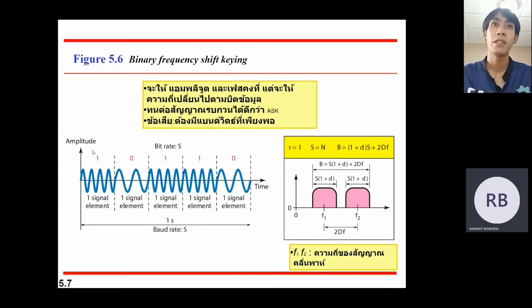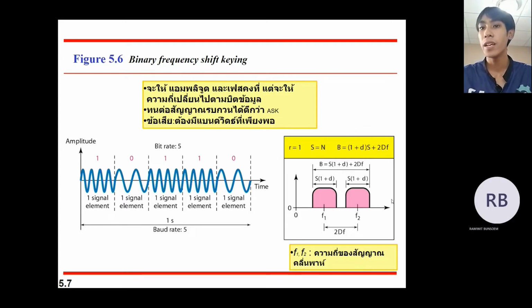Look at the picture: amplitude and phase do not change, but frequency changes. At bit 1, frequency does not change, and at bit 0, frequency changes. We get R equal to 1, S equal to N, and bandwidth B equal to 1 plus d, S plus 2 delta F. The next,